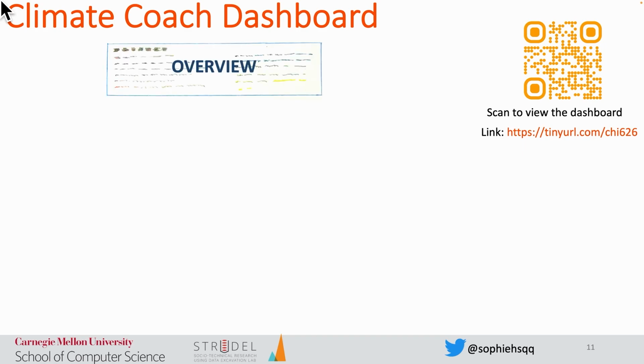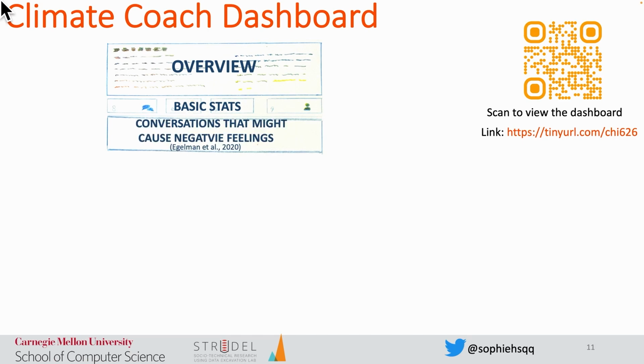Our dashboard takes the format of a web page. At the top of the web page, we have a section to show users the overview of the dashboard, the goal, and what a healthy community means. Next, we present some basic stats on things such as team growth in terms of the number of new and active contributors, responsiveness, such as the average time taken to close issue discussions. Then we provide a list of links to conversations that might cause negative feelings among contributors, such as the ones that have been opened for too long or with too many comments.